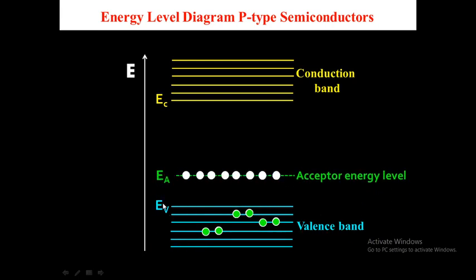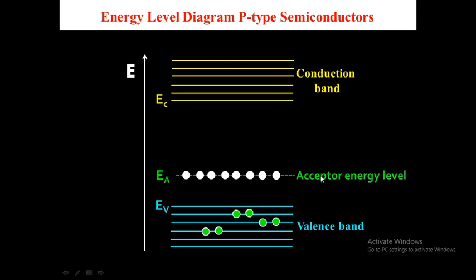That level is called the acceptor energy level, which is denoted by EA, and the acceptor energy level consists of acceptor atoms, as we saw in the example of aluminum. So suppose aluminum atoms are acceptor atoms, and those are present in the acceptor energy level. So these white circles are acceptor atoms, that is, aluminum atoms, and in the middle of EA and EV,